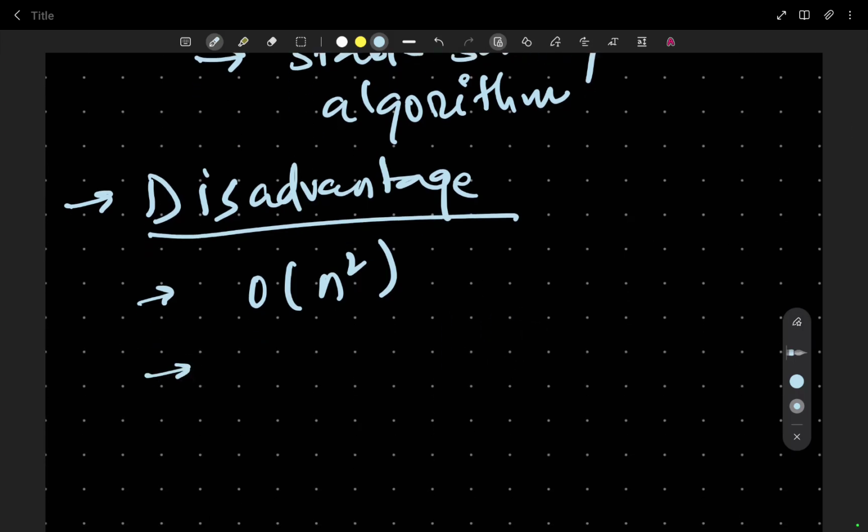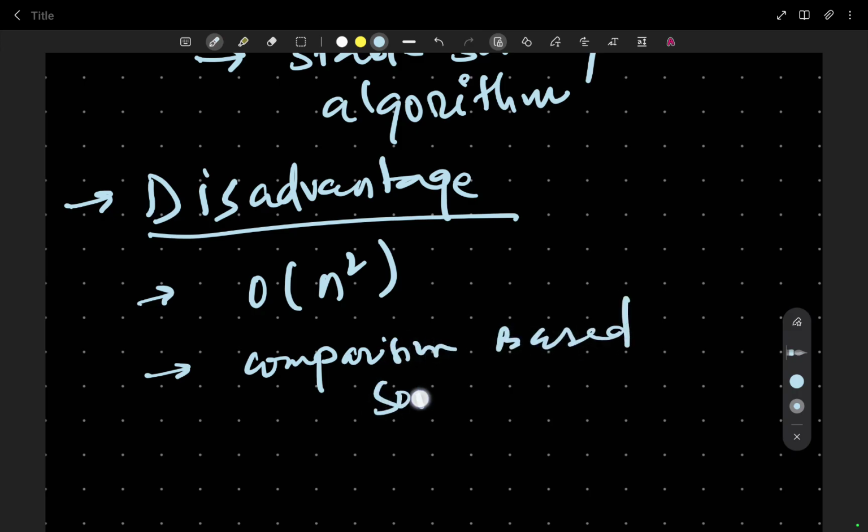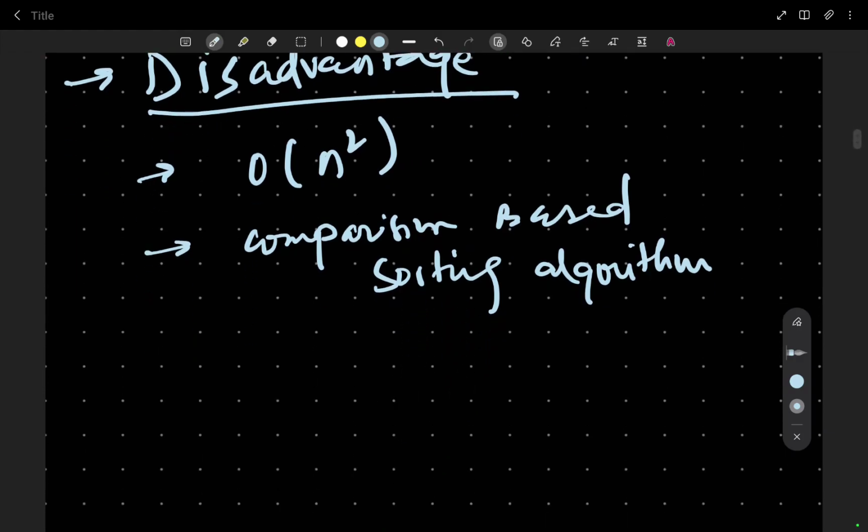Then bubble sort is a comparison based sorting algorithm, which means that it requires a comparison operator to determine the relative order of elements in the given unsorted array. So these are the disadvantages. And now next,